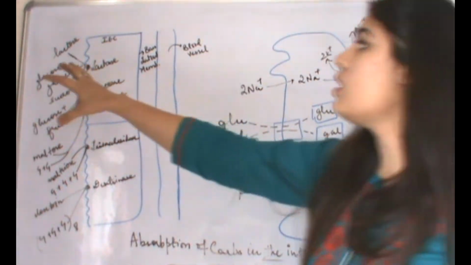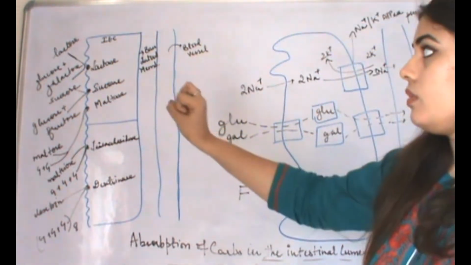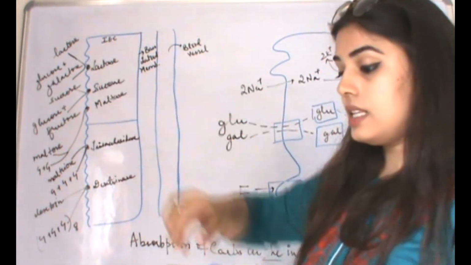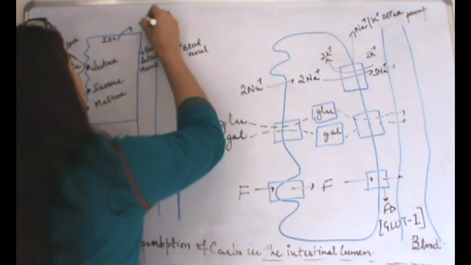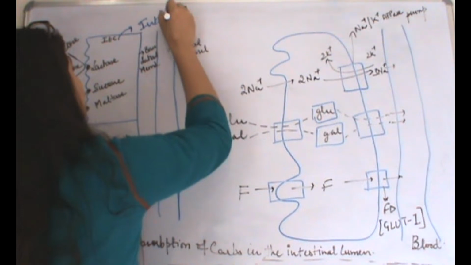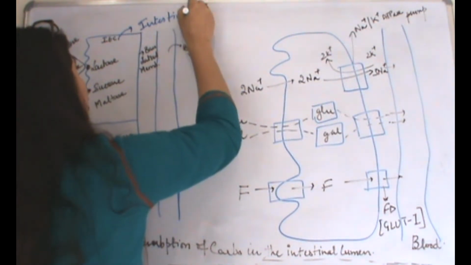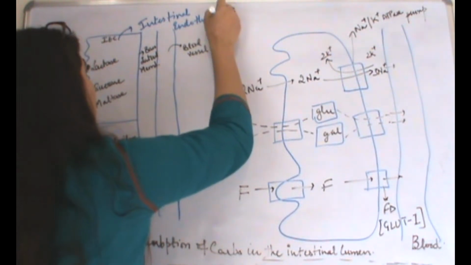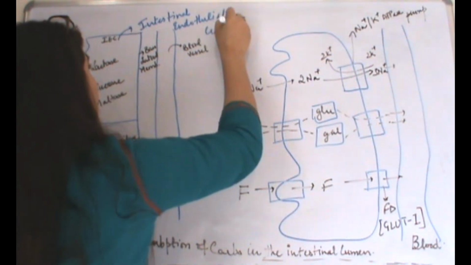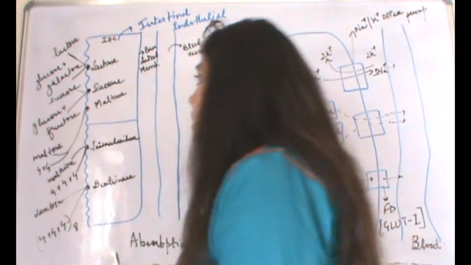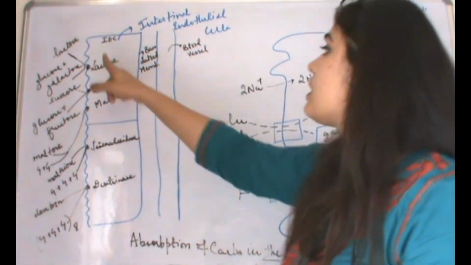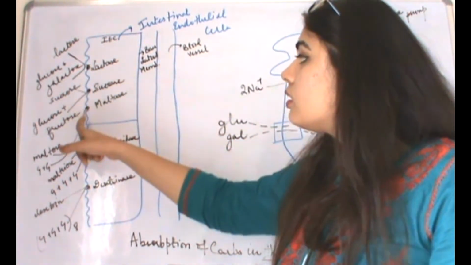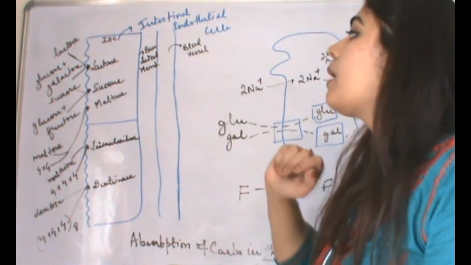Right, because when the intestinal endothelial cells are present, I'm writing it down here, so when the intestinal endothelial cells are present in the villi, so what will happen as soon as